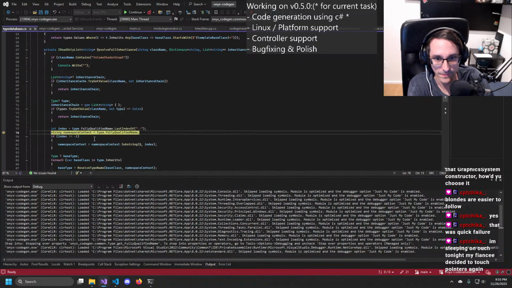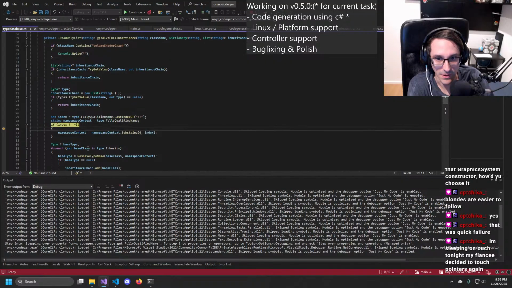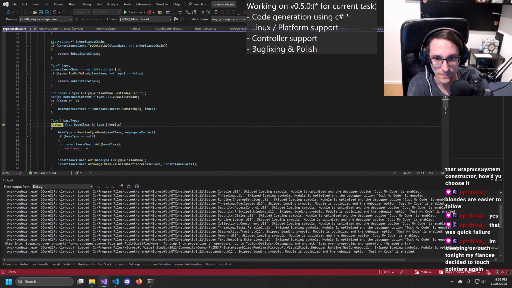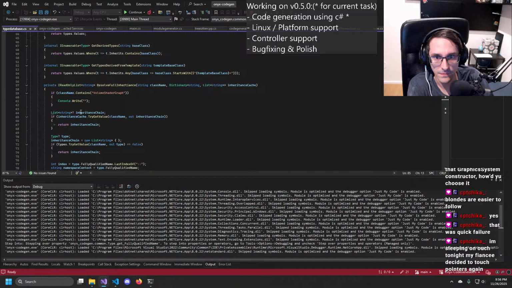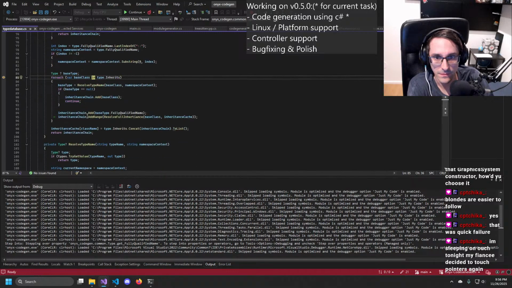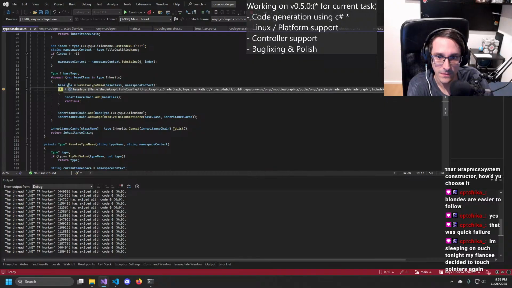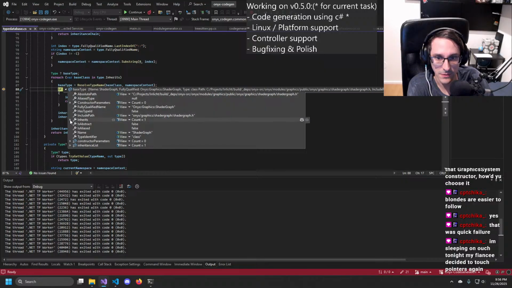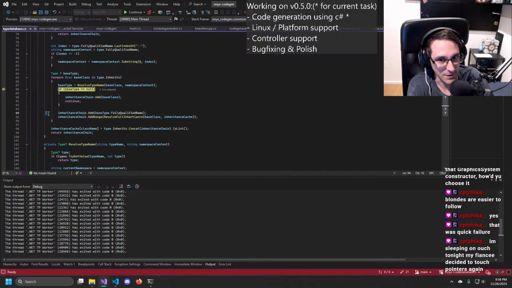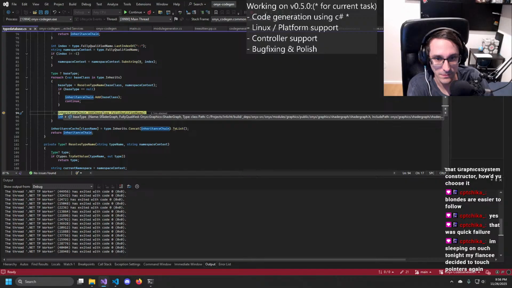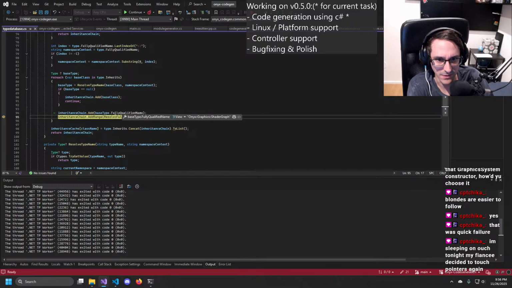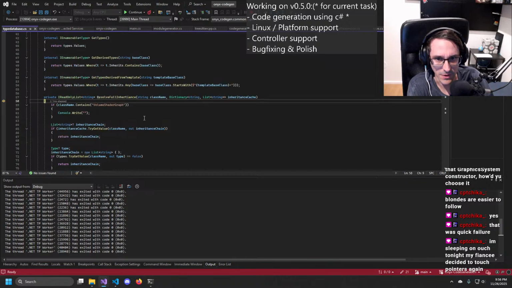And that is shader graph. And that inherits from... So we add this, and we go in here.